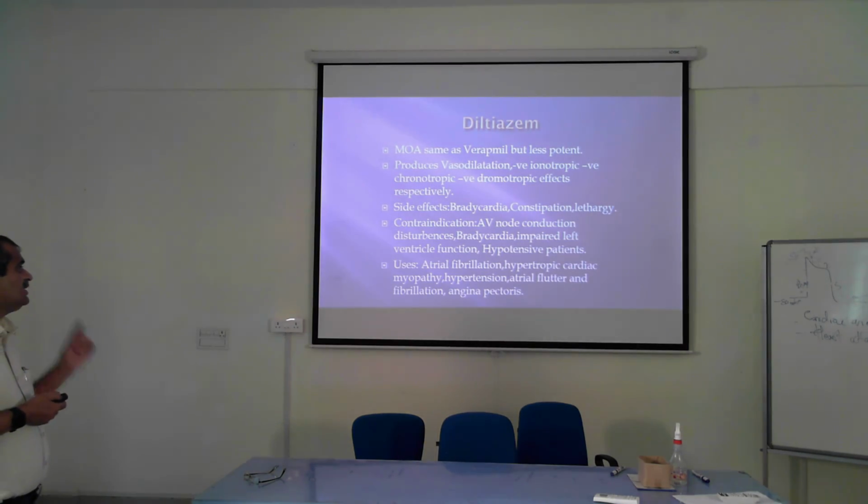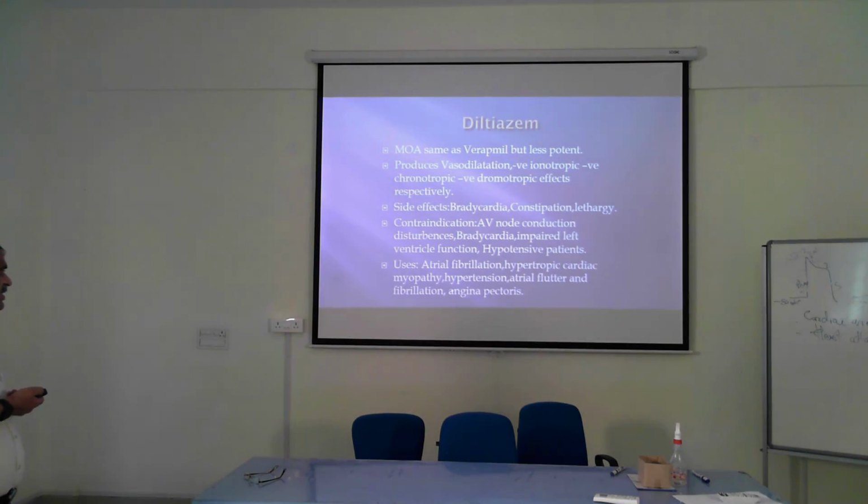Mode of action is just like a calcium channel blocker. Here the calcium channel is open, but it is less potent when compared to verapamil. Verapamil is non-specific, whereas this is a little specific. So this produces peripheral vasodilatation, negative inotropic effect, etc. The side effects: bradycardia, constipation, then lethargy. Contraindications: AV node conduction disturbances, bradycardia, impaired left ventricular function, then hypotensive patients. So uses: atrial fibrillation,